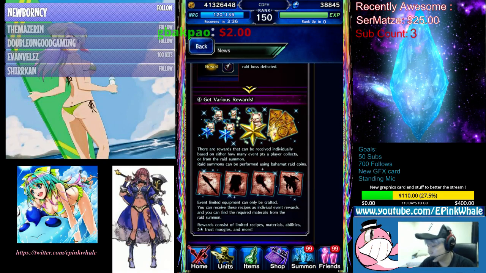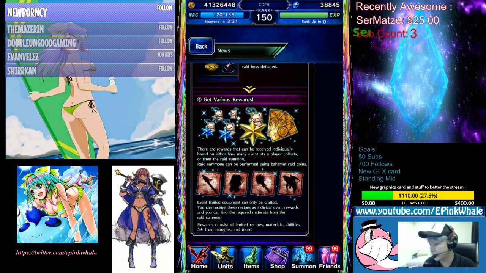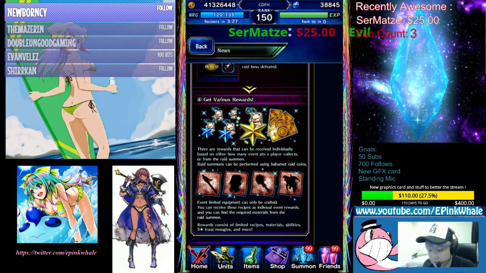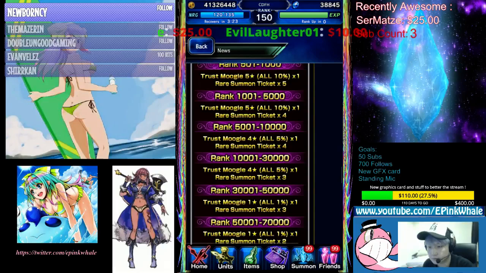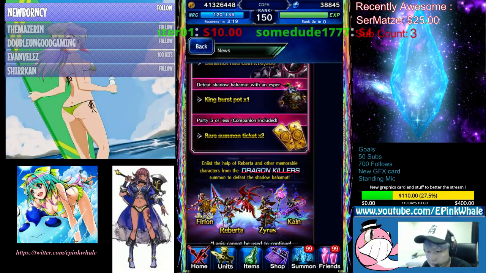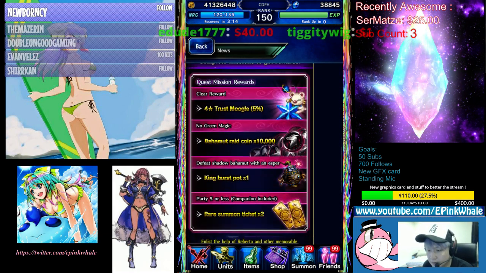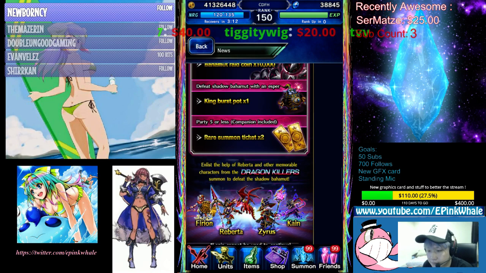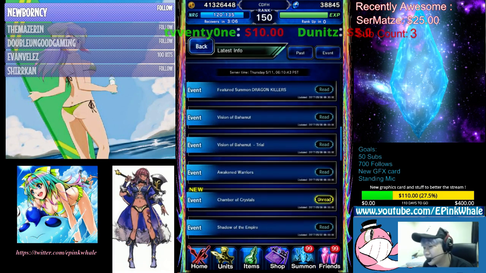I get Mughals, tickets, and event limited equipment, which is pretty nice. From the raid. I'm not sure what's in the raid summon. I don't know, we'll see. Bahama raid coin, blah blah blah. It's just general raid, so